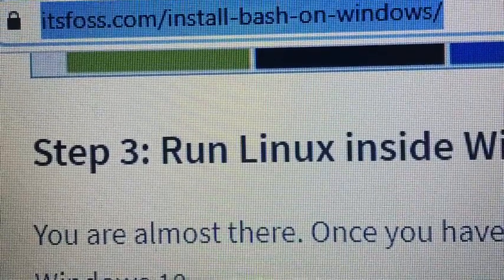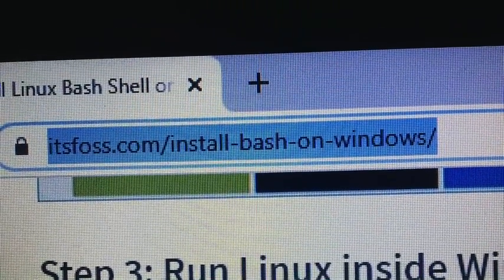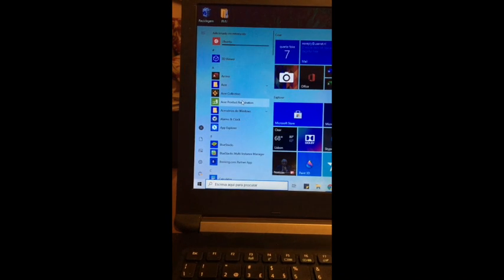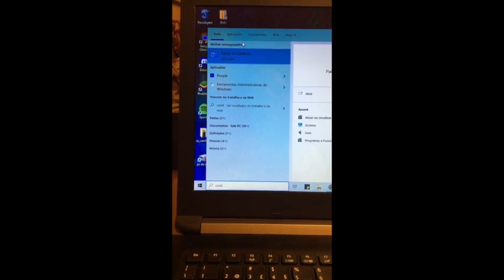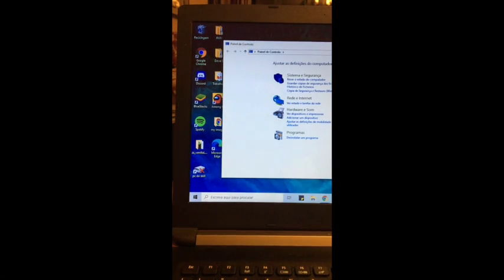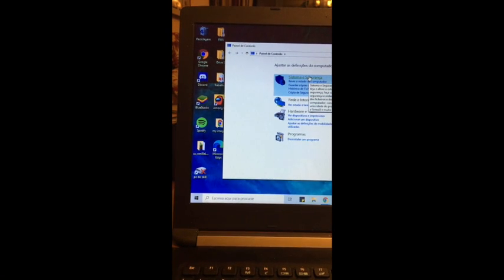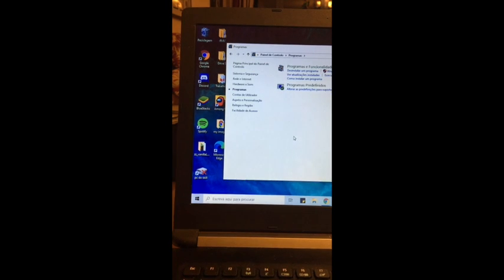This is a short video to show you how to install Linux on Windows 10. The first step is to go to your control panel and select the Programs options, and in the Programs options select